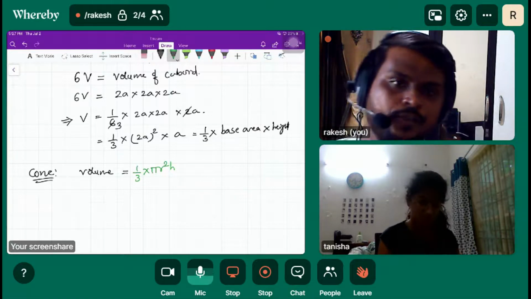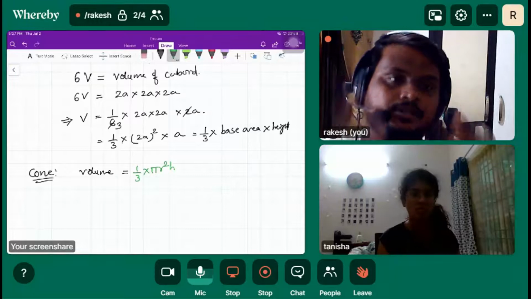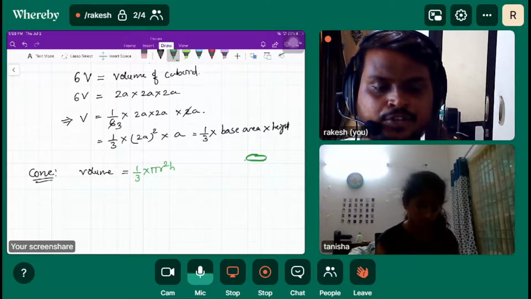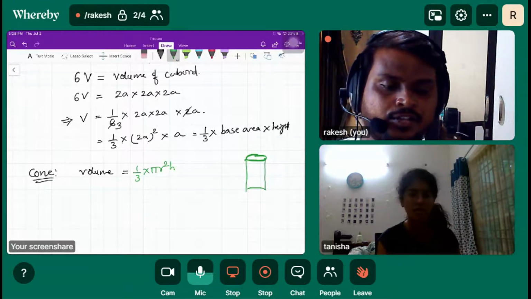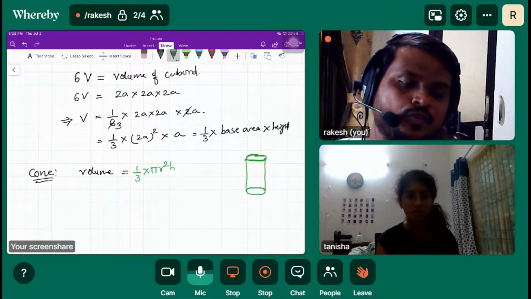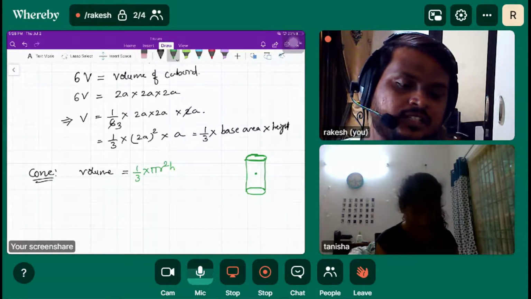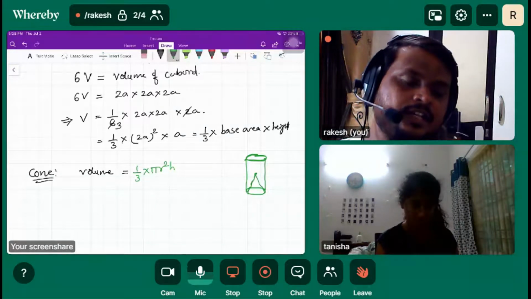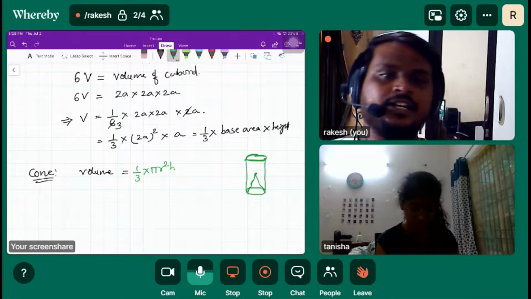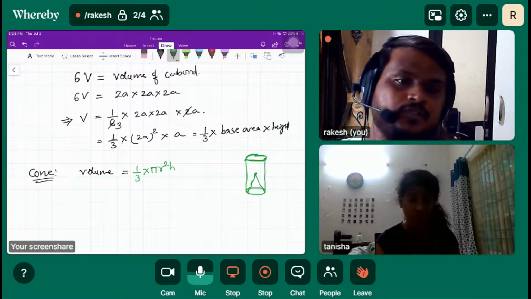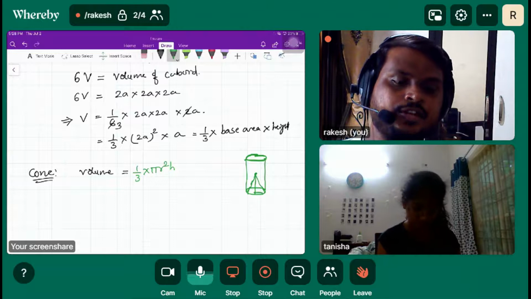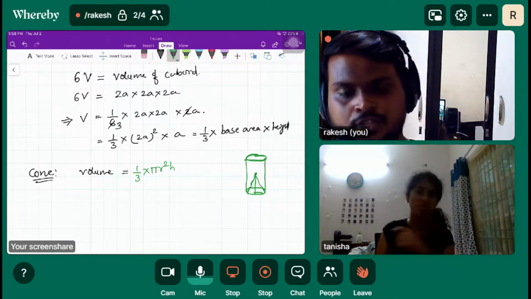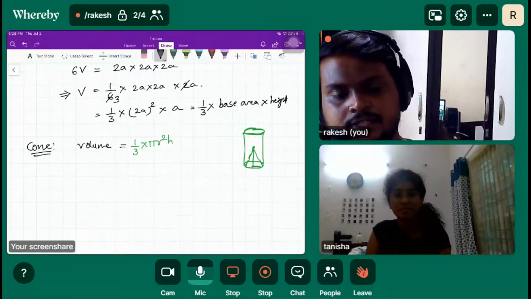So this cone will be inside the cylinder, right? I'm not going to explain this now, but you can assume that the cone is basically inside the cylinder, right? And in that way we will get 1 by 3 pi r square h. Okay, the next is sphere,